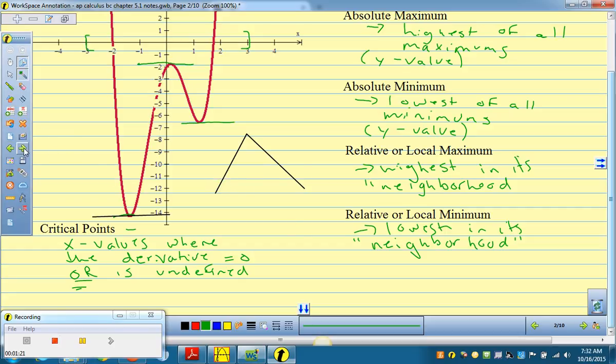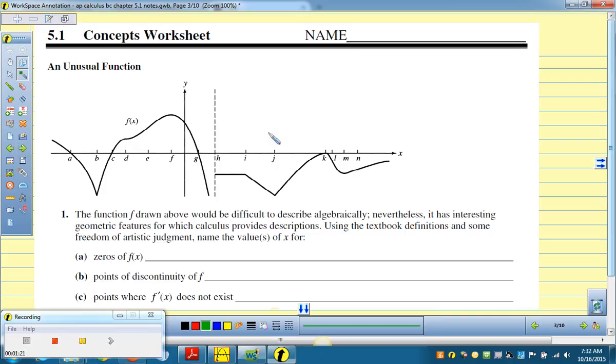So now I want you to work on this sheet. We're going to identify a lot of different things about this kind of funky function, and we'll get practice at looking for critical points, maxes, mins, and so on. And then once we get through this sheet, we will do one